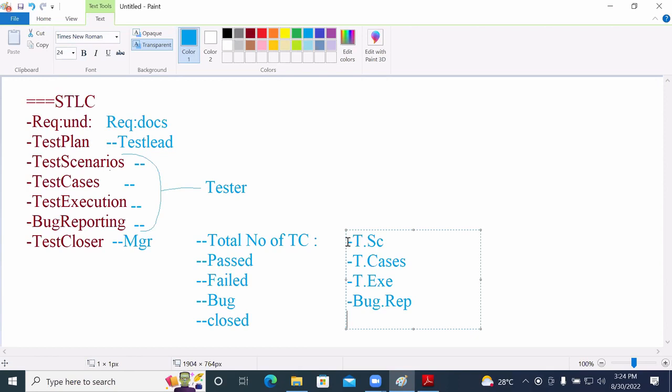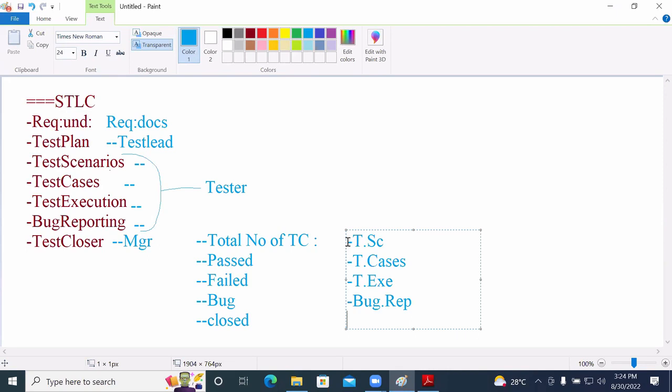The process of collecting all this information and preparing one particular email, you will consider as the test closure activity.